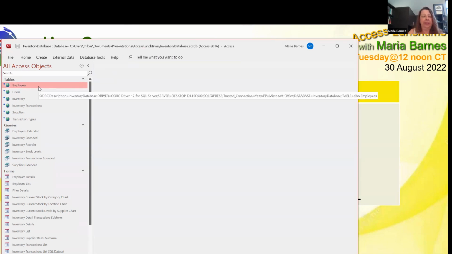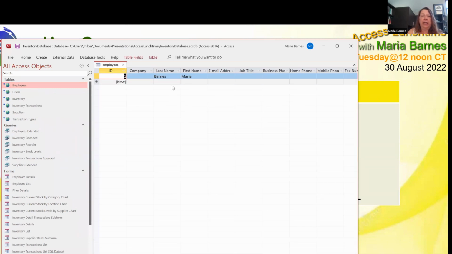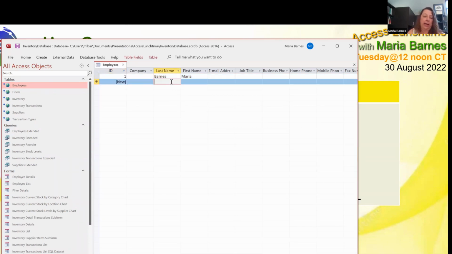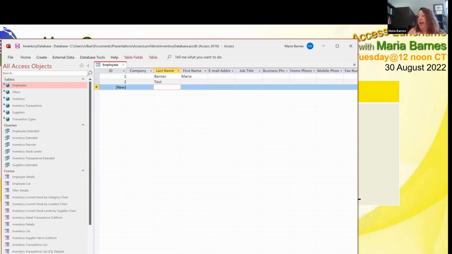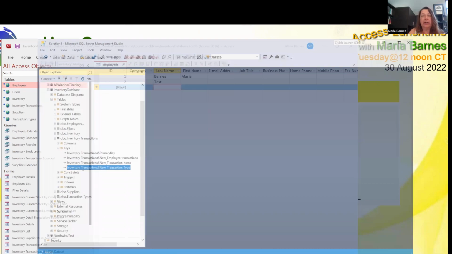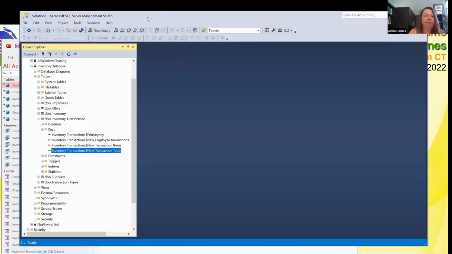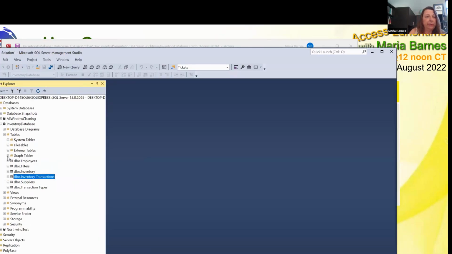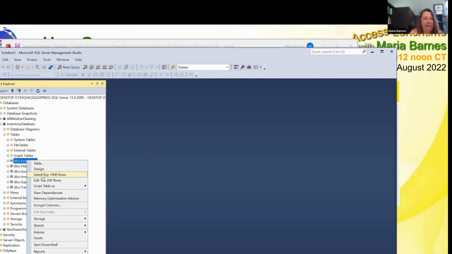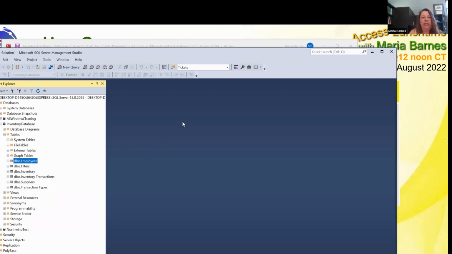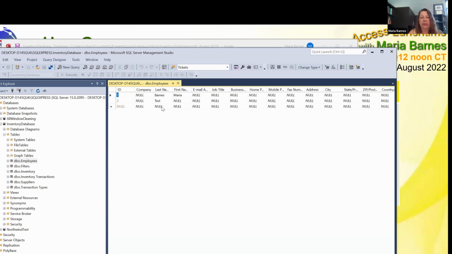In these linked tables, then, I could look at these from SQL Server, or I could look at them here. You can add things directly to them, whatever you want here. And then if you go to SQL Server, I have SSMS pulled up. You can see then that you have those same rows here in SQL, and if you add one in here,